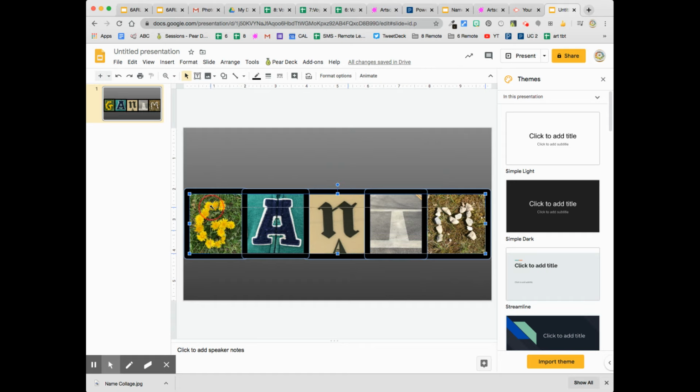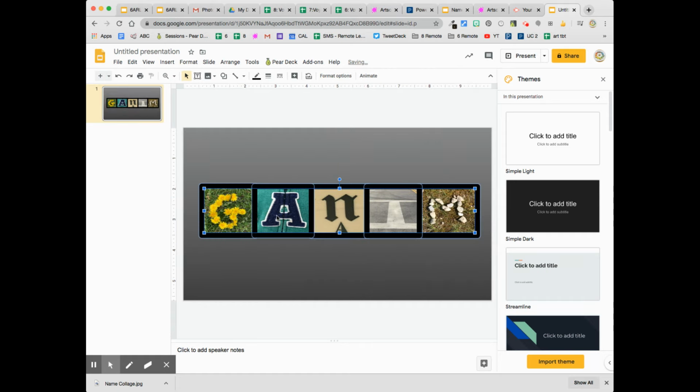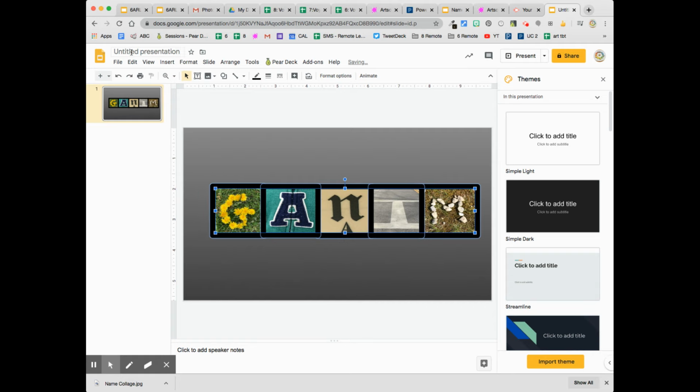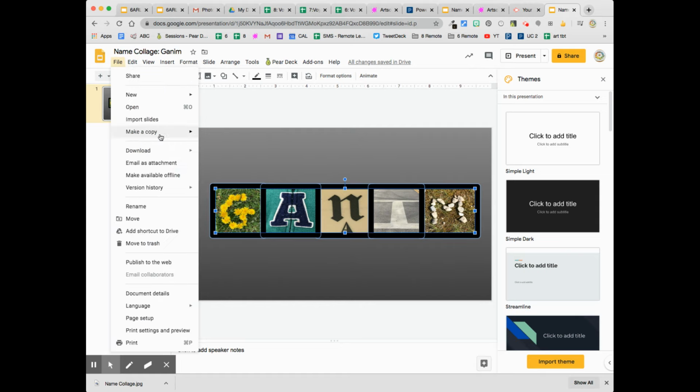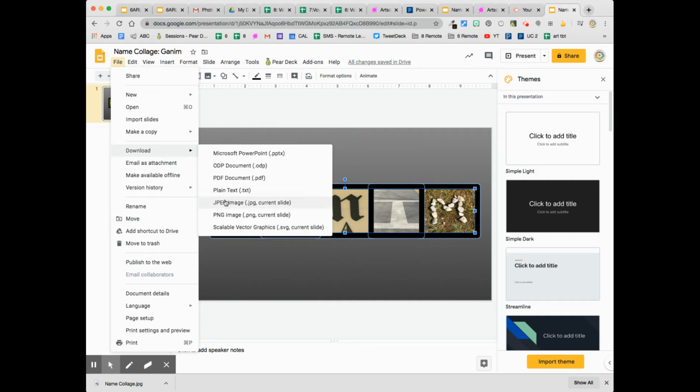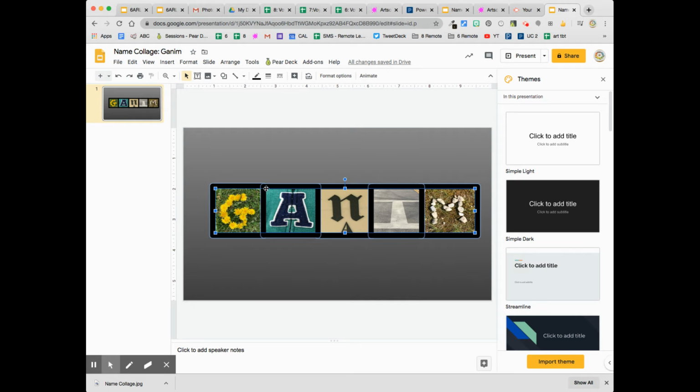The last thing I'm going to show you is how to download it as a JPEG, and that's going to help you to upload it to Artsonia. So I'm going to name it. So I'm going to say name collage Ganem, and File, Download. You're going to scroll down to JPEG image, and you'll see it down here. It'll say name collage, whatever you titled it, and so you know that that's where it is,